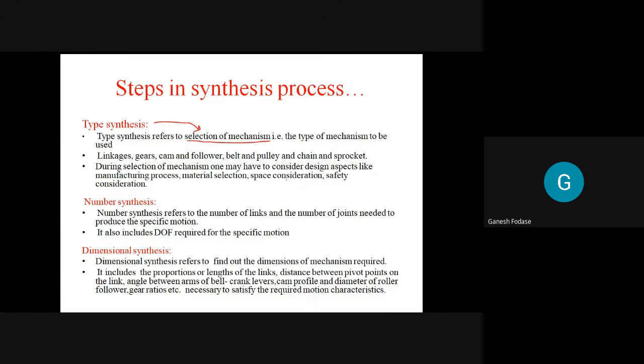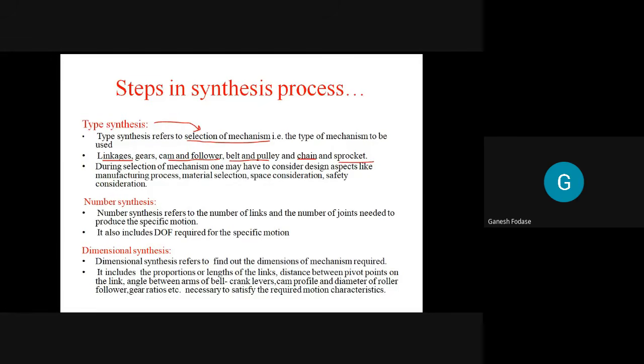Based on requirements, we are going to select that particular mechanism. For example, you can select linkages, or gears, or cam follower. Means there are different options like linkages, gears, cam follower, belt and pulleys, or chain drives or a sprocket. So the first step is to select a mechanism according to requirement, and the selection of mechanism is nothing but type